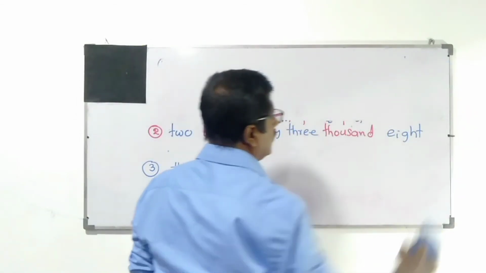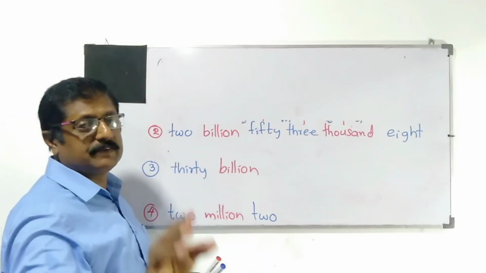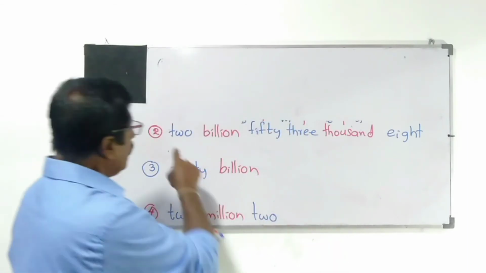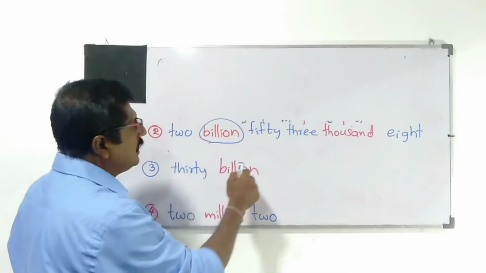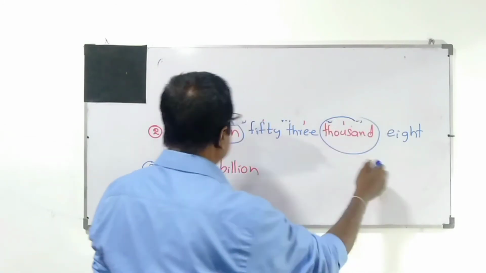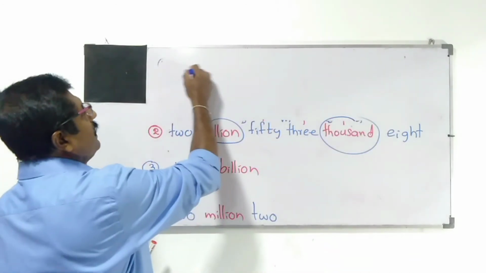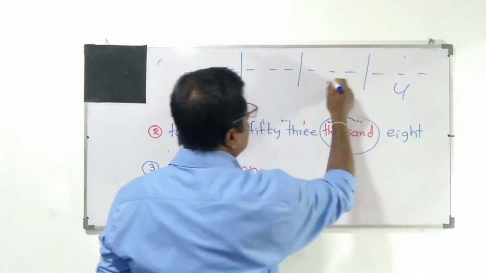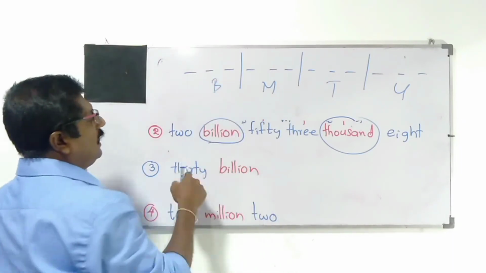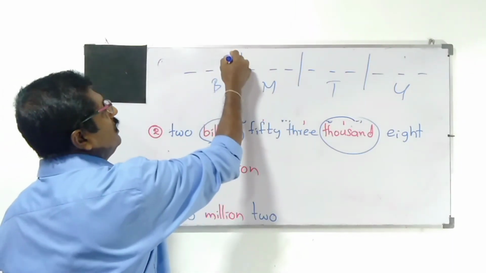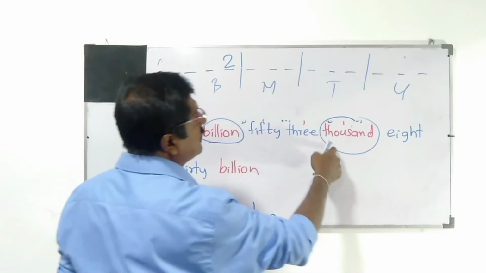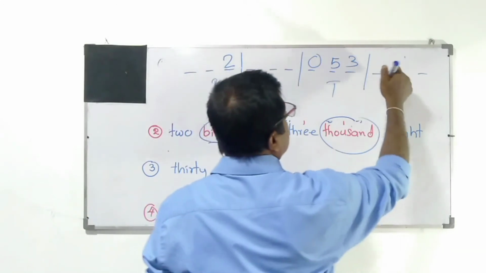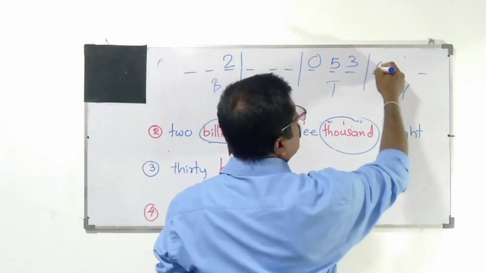Yes. Now in here I have used two colors, but if the question comes in the question paper, you don't get two colors. Therefore, you can underline 2 billion 53,008. Then 1, 2, 3, 1, 2, 3, 1, 2, 3, 1, 2, 3. Unit, thousand, million, billion. 2 billion. In the billion zone, only 2. 53,000. 0, 53. 8. If you write it in here, it will be 800, no? 0, 0, 8.